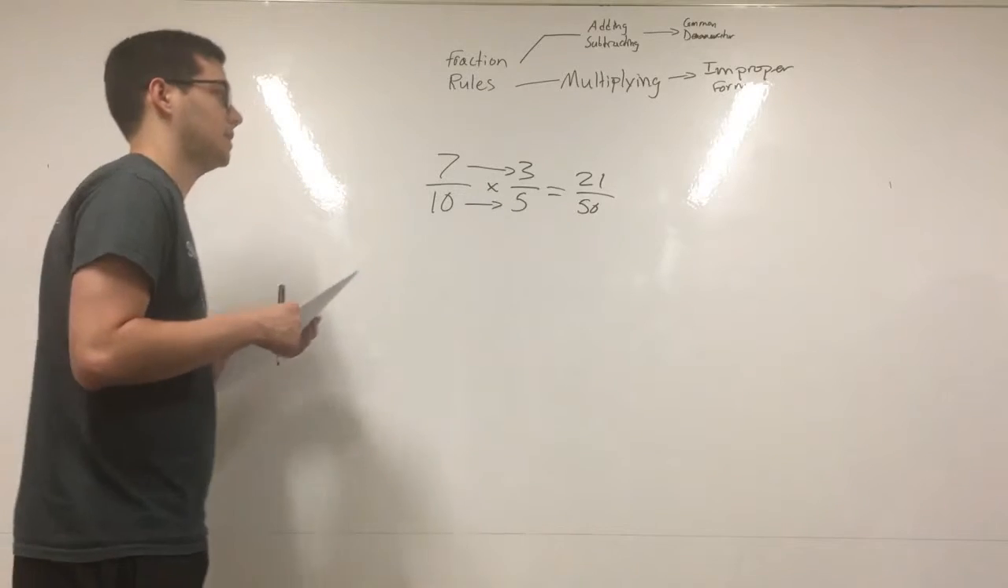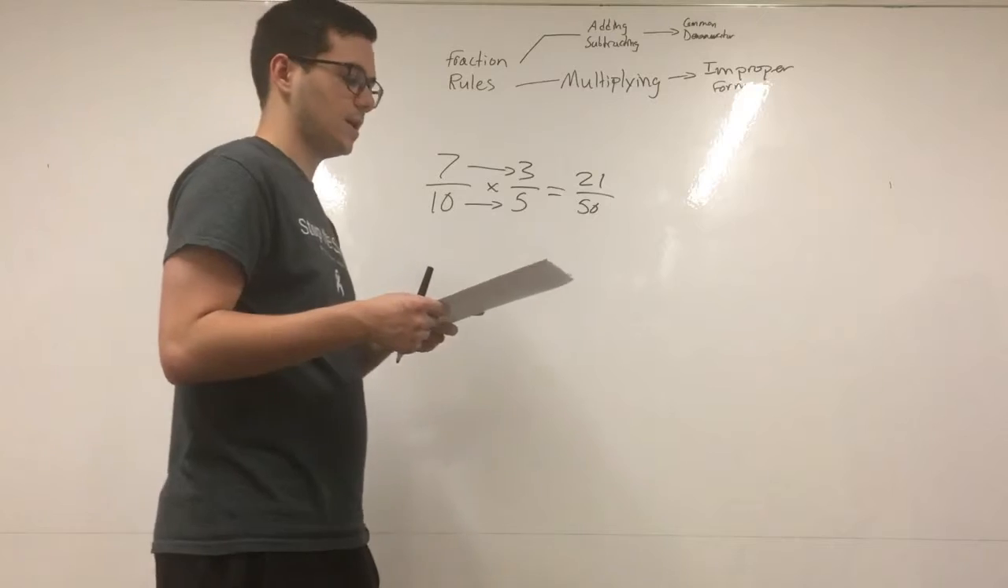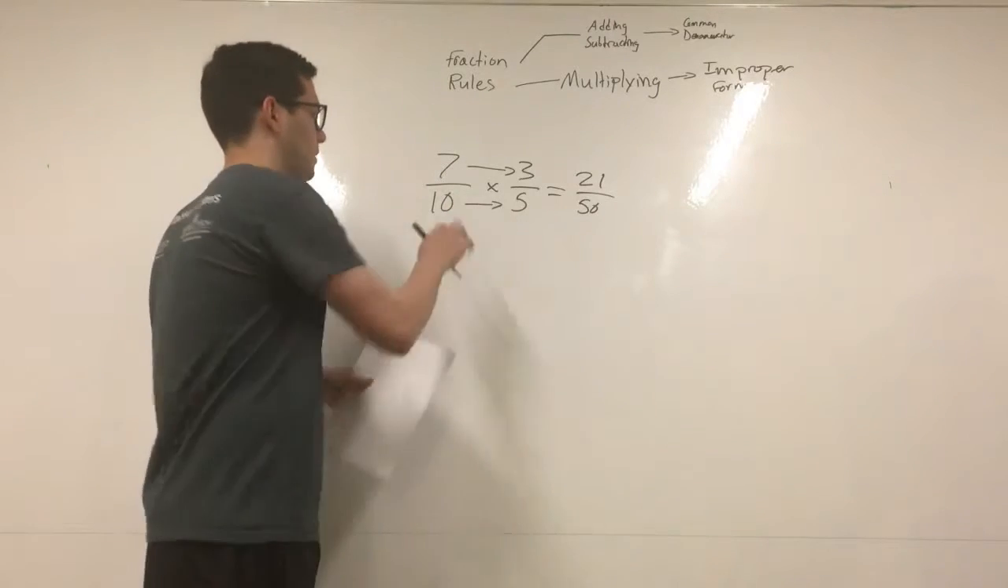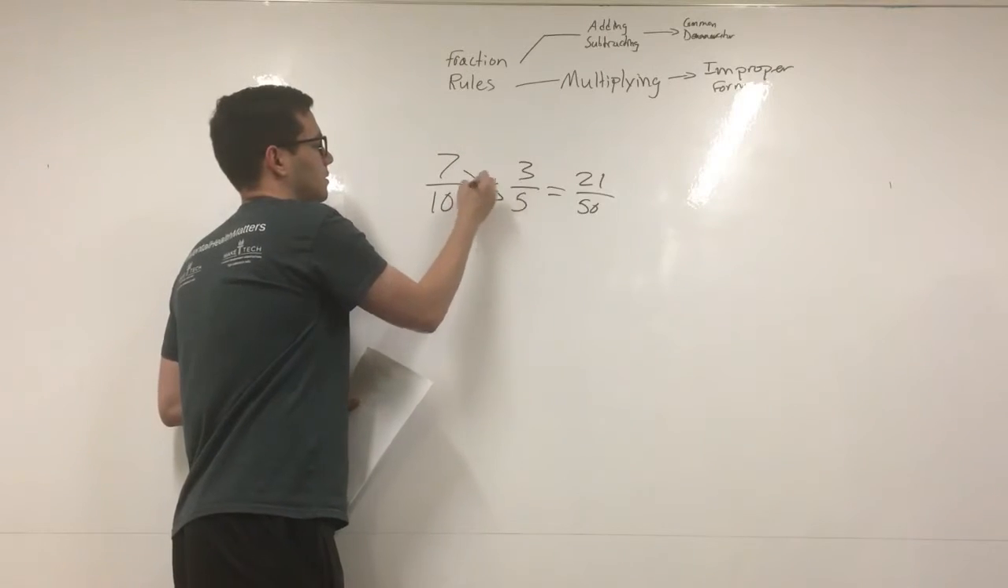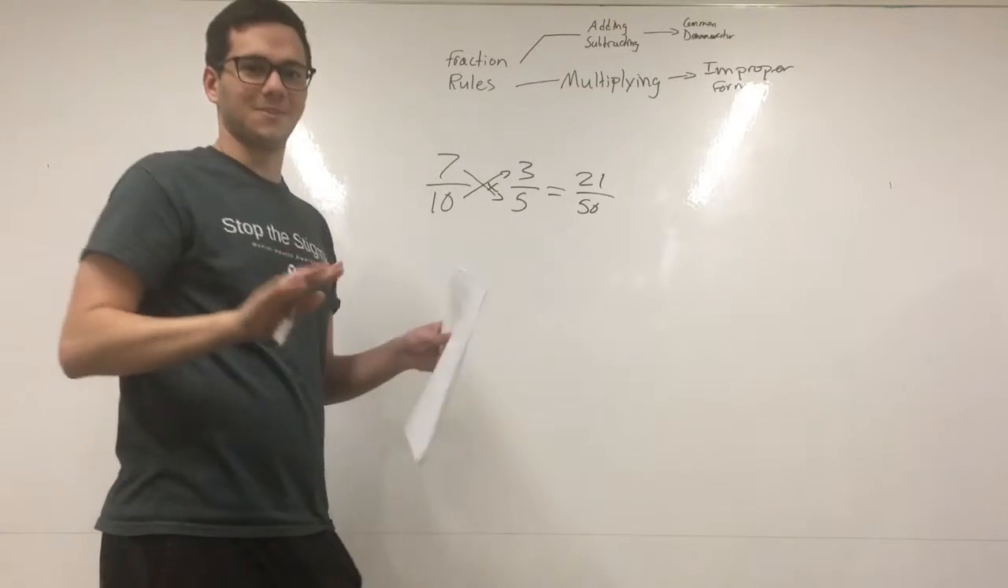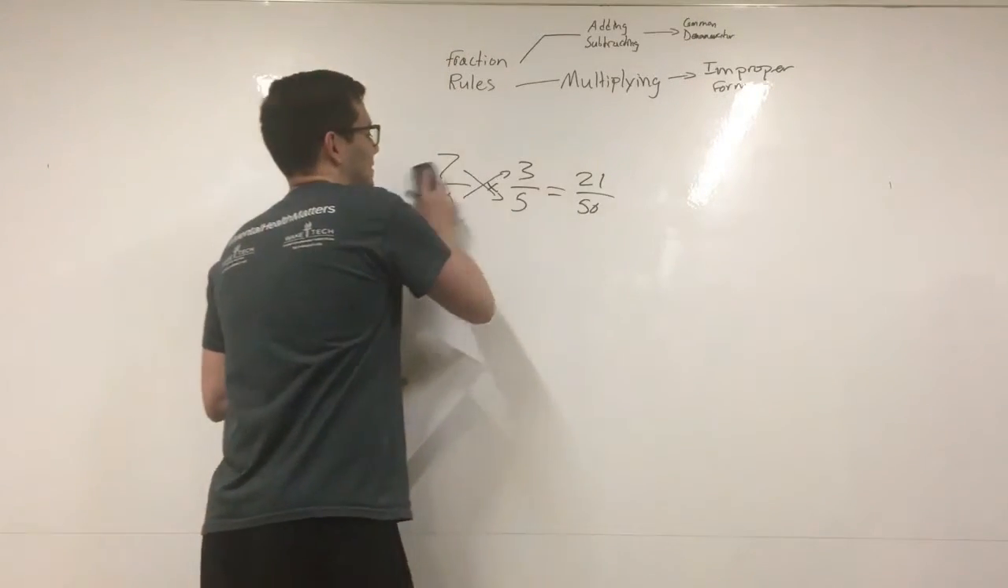One common mistake I see is, if students forget exactly what the rule is, they'll cross multiply. So instead of straight across, they'll do this, which is not correct. Don't do that. Multiply straight across, don't cross multiply. All right,